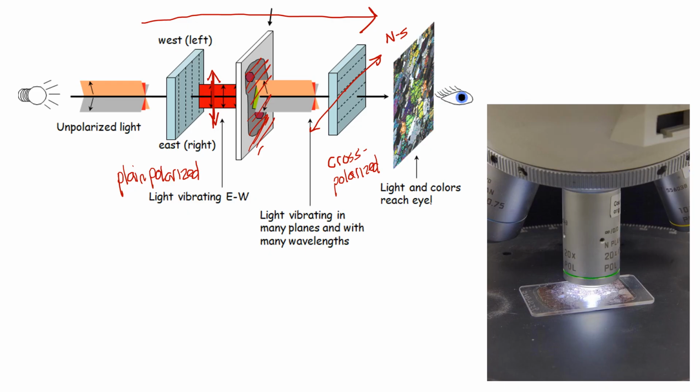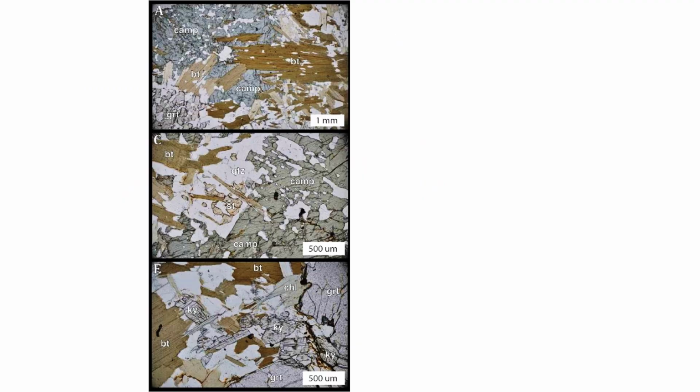The really cool thing here is that due to that distortion of the light, what I'll actually see under cross-polarized light are colors that don't really exist. So let me show you what I mean. So here is a thin section in plain polarized light. These are actually three of them, sorry. Three separate thin sections in plain